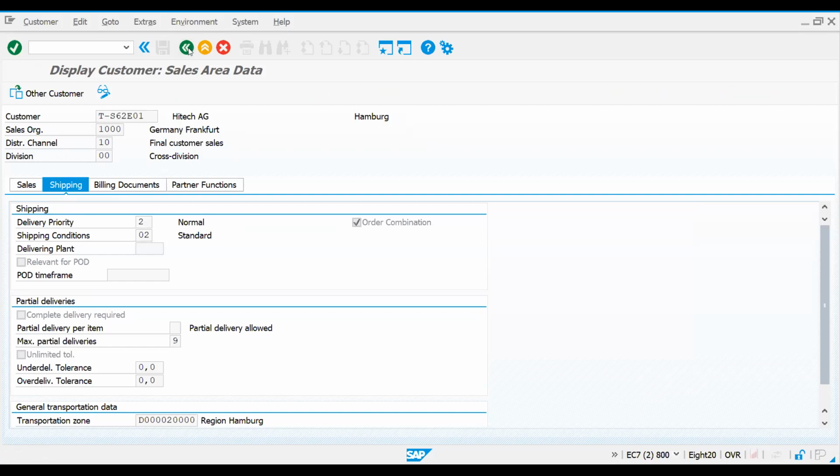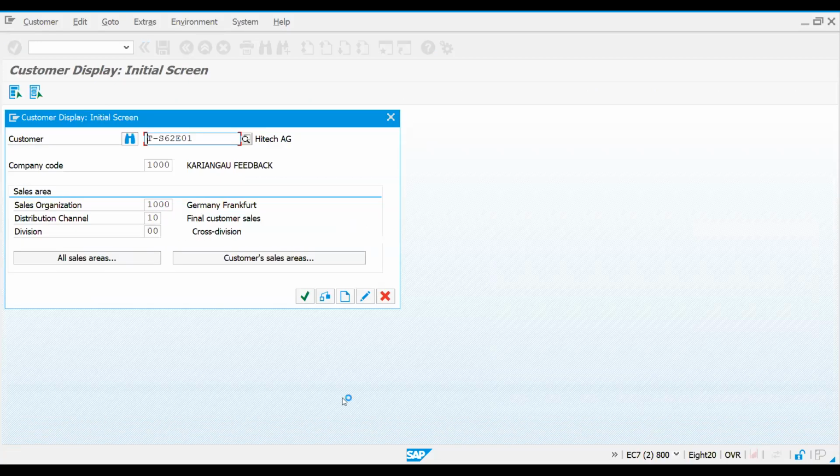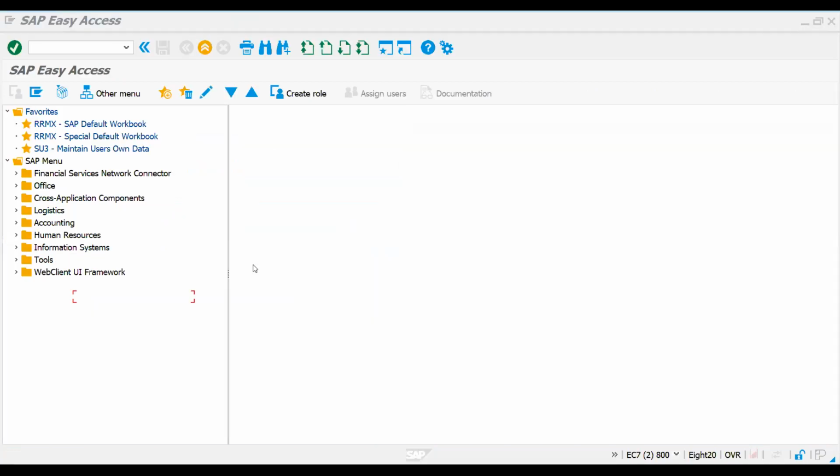Let me show you the difference between your XD01 and VD01. Okay, let's get into VD01 now. So, where is the company code?